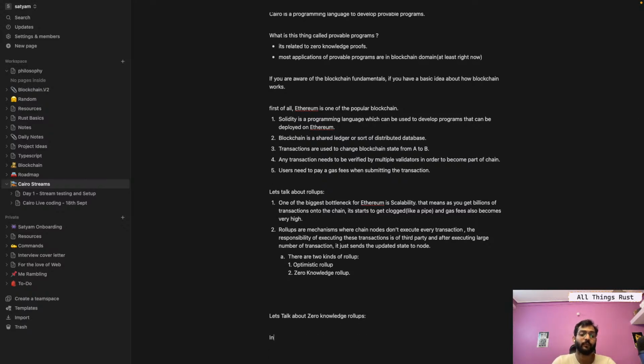So in zero knowledge, we generate a proof that says we have executed these transactions in a correct way, and then a verifier verifies this proof.